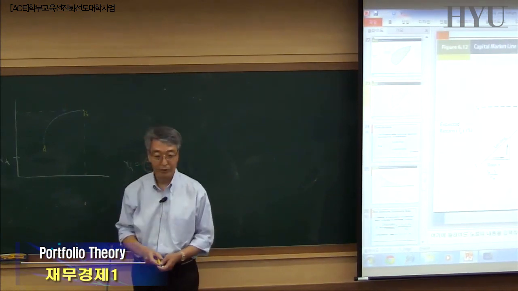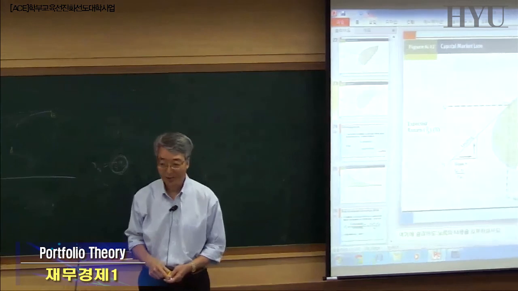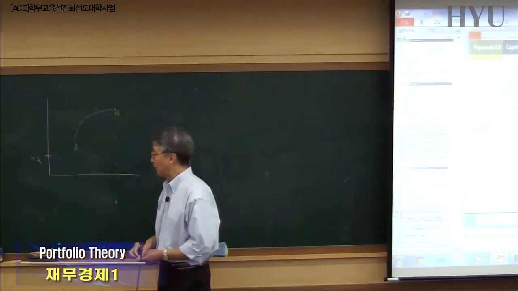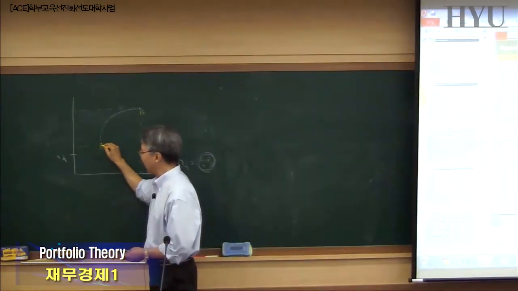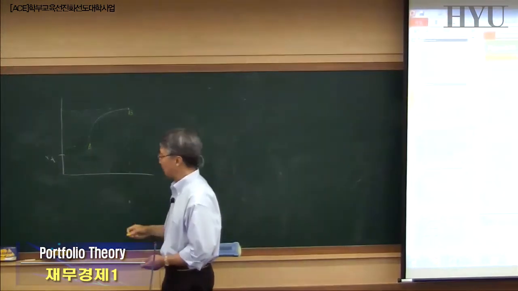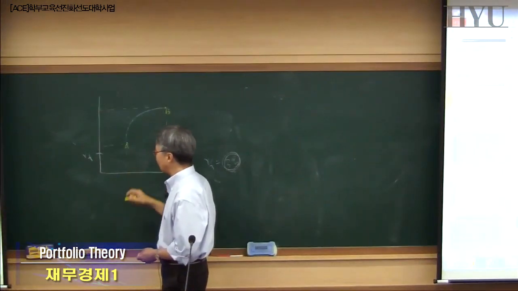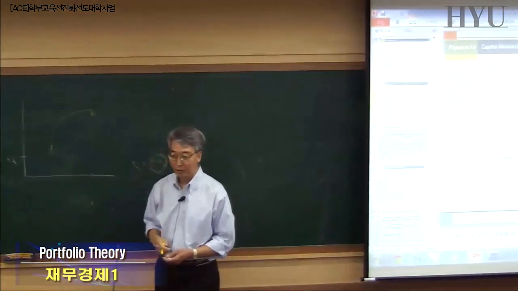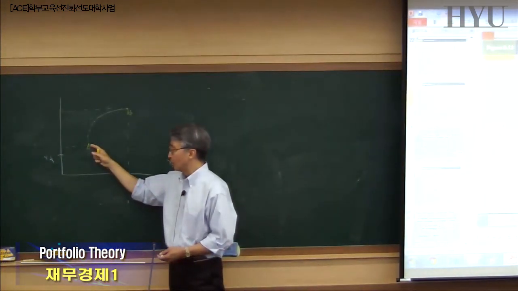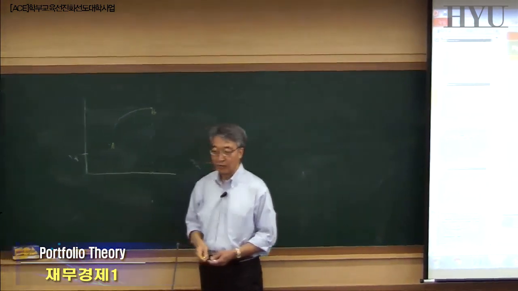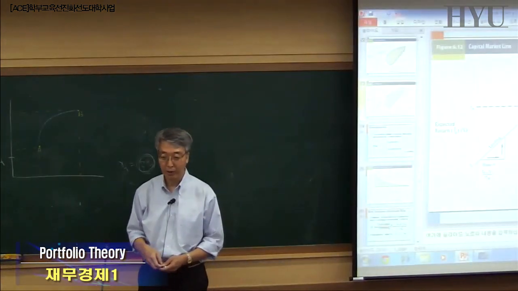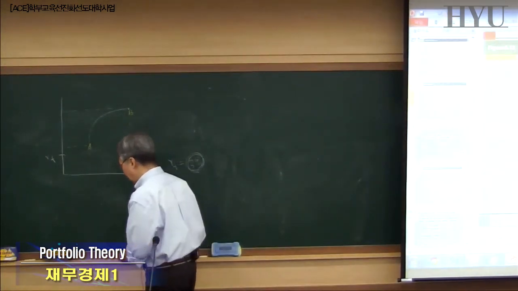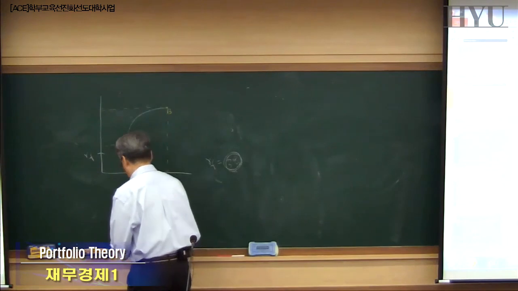Can you take that much risk, right? Well, I think you guys are pretty young, right? So you can lose everything and start over again, right? But a person like me will probably choose A, right? If you lose everything, it's going to be pretty tough to regain, right? So the person with stronger risk aversion will probably choose something closer to A, right? A person who is willing to take more risk will take something closer to B, right?